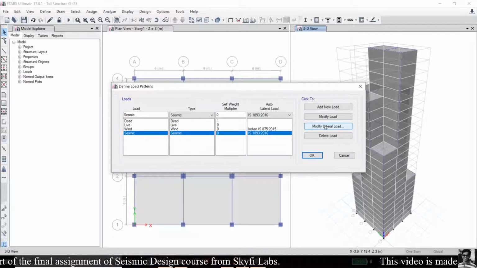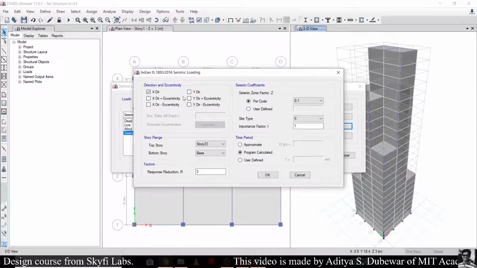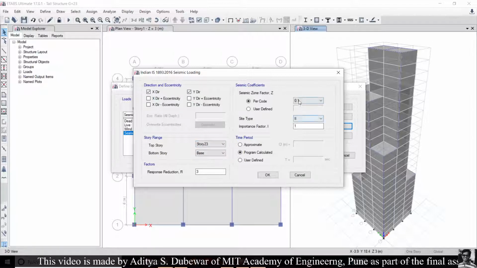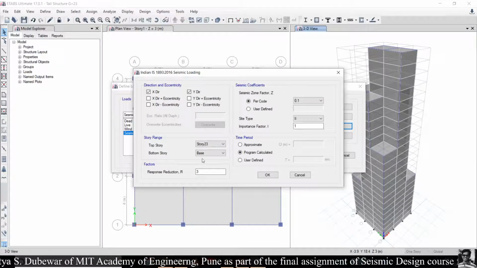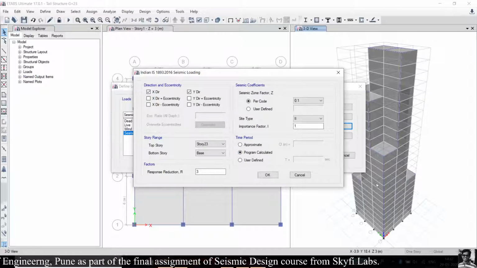And then go to modify lateral loads option, and select the x direction and y direction, as we are analyzing the seismic load on the x and y direction, and assign these values as per the IS code 1893 2016. As I explained in the last video, we are considering the building in the Bangalore region.